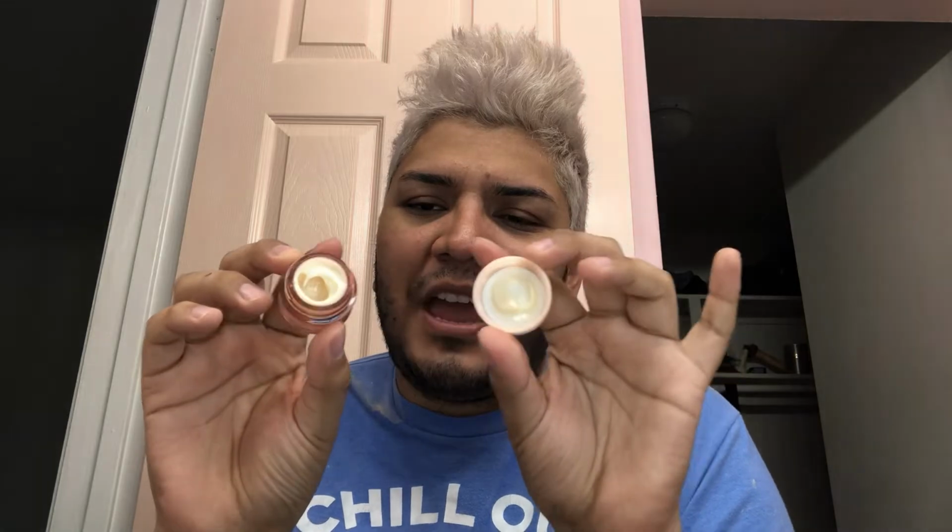And I previously had a love and hate for this one. I was like, you know what, it's not going to do anything. I had just run out of this one, and I said, I'm just going to go ahead and get, I had some samples. Sometimes Clinique does gifts with purchase, at least twice a year, and I had a couple of these that were just samples. And I was like, oh, I don't know how I feel about it. I don't feel like it's my thing. So I went ahead and started using one of them. And I have to tell you that